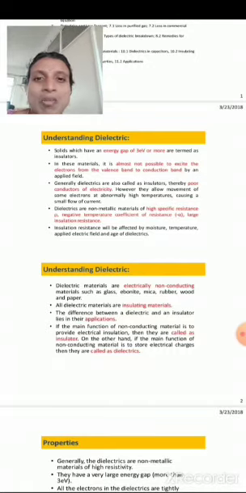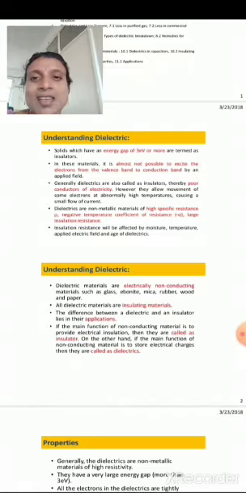So with the help of applying an electric field only, we can excite the electrons from the valence band to the conduction band. Generally dielectrics are insulators, so they are poor conductors of electricity. Electrons can flow only by applying an electric field in the dielectrics. This indicates dielectrics are non-metals, while conductors are metals. They have very high resistivity.